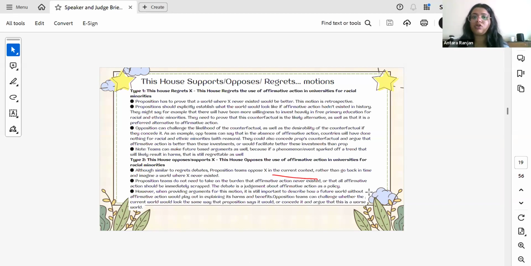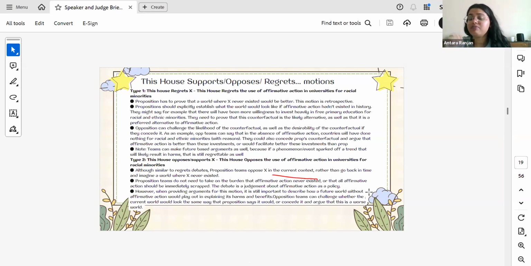Also, teams can make future arguments. You can say things like, panel, if this is something that happens in the past, in the future, maybe we have much improved, like maybe we have bullet trains in countries like India, right? This is an argument you can make for the future. Similarly, opposition can counter it for the future, right? They can say something like, well, if bullet trains were to happen, they would have happened already. It's just more likely that people start protesting against the lack of public transport, etc. Things like that, right?